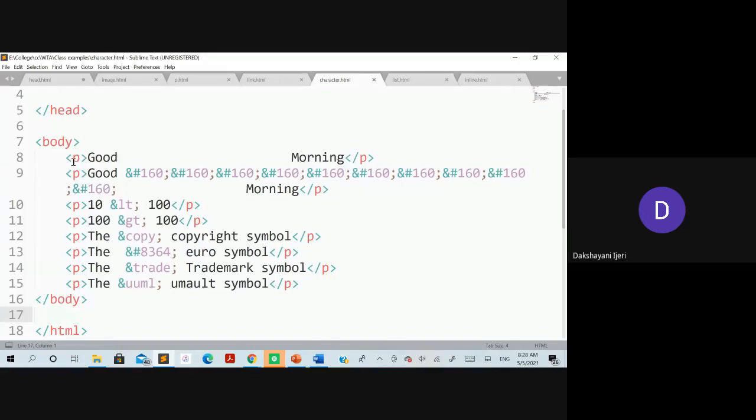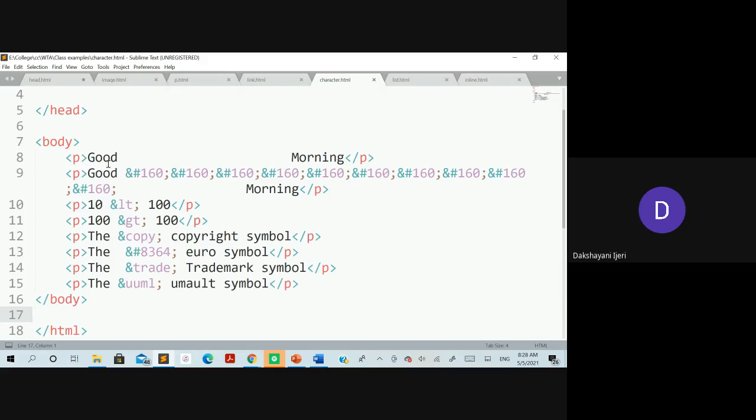You can see here in the first paragraph element, I have taken good followed by so many spaces and then morning. I have not included any character entity over here. That means by default, the browser is going to ignore all these multiple spaces and consider only one space between these two words. Suppose you want to preserve these multiple spaces, and you wish that all of them are used as they are.